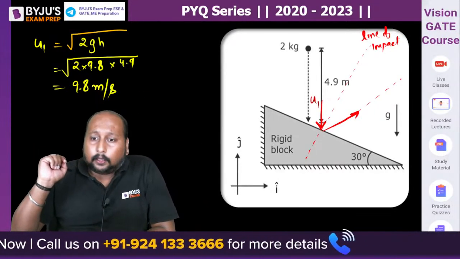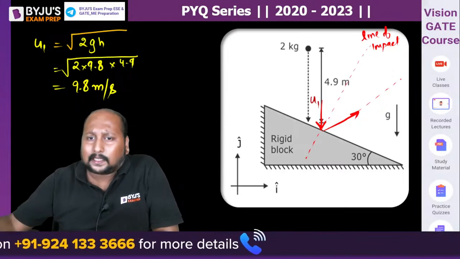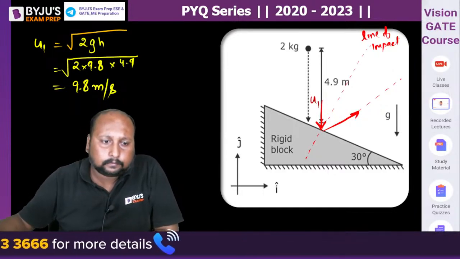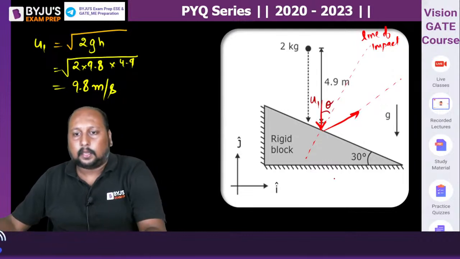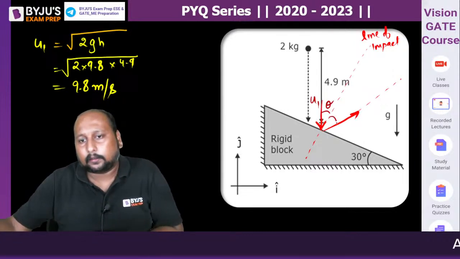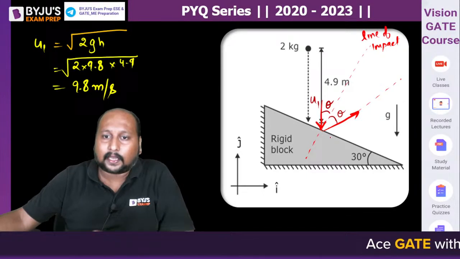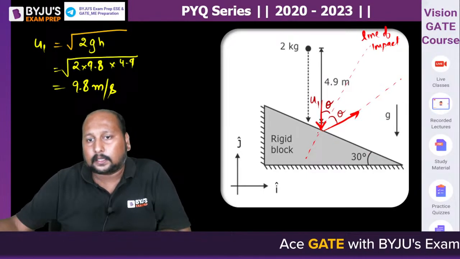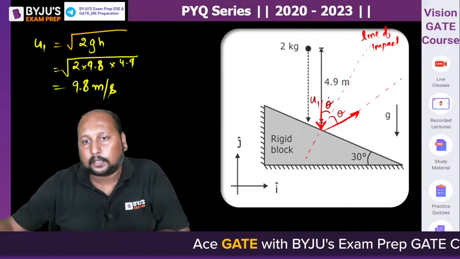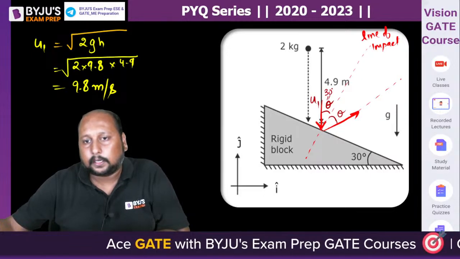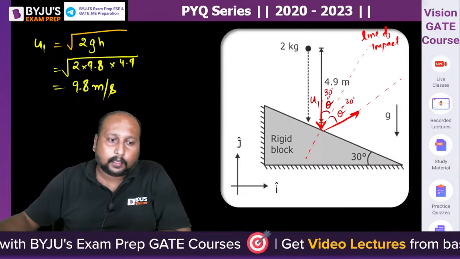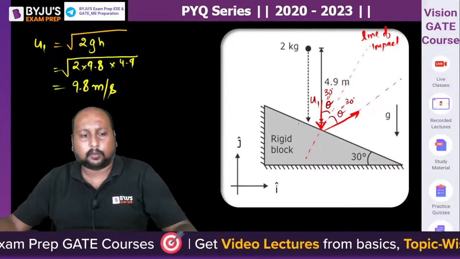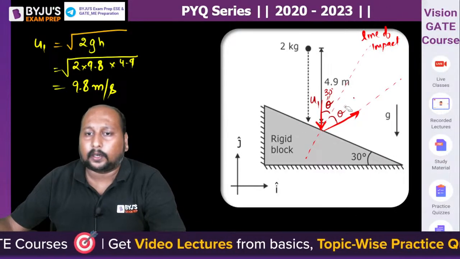Okay, fine. So can we calculate? Let's say this angle is theta. Let us suppose this angle is theta, and this angle is also theta, and I think they have given you this angle as 30 degree. This is 30, this is also 30 degree. We can prove it also, right? If I assume this angle to be theta, even if I don't know what this angle is,